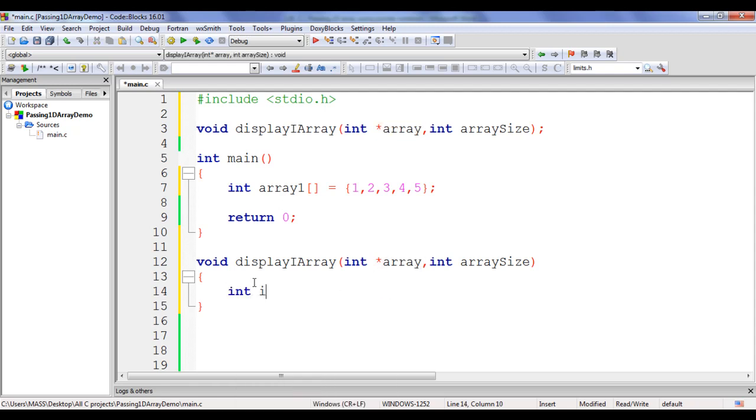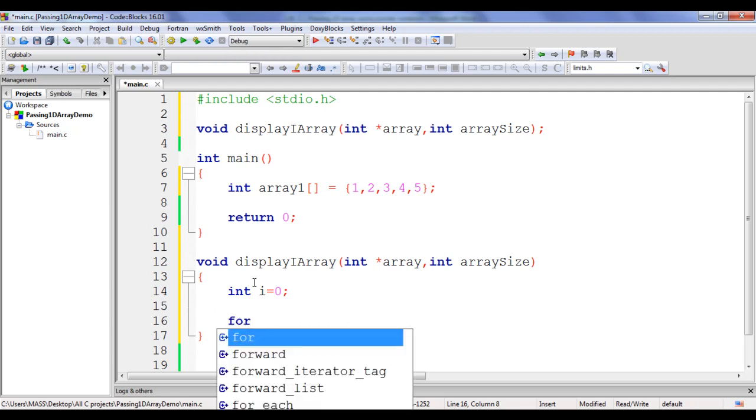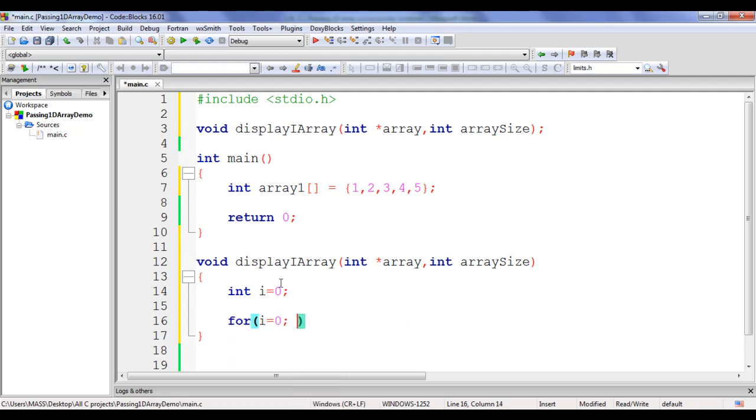Here I say int i, and I say for i is equal to 0. I am initializing the i value with 0 because arrays follow 0 based indexing. First element of the array is going to have the index 0, guys. That's the reason I am saying here i equal to 0. You can think i is a short form for index, guys. Next I say i less than arraySize. Then I say semicolon. As long as the i value is less than the array size, it should execute the body of the for loop.